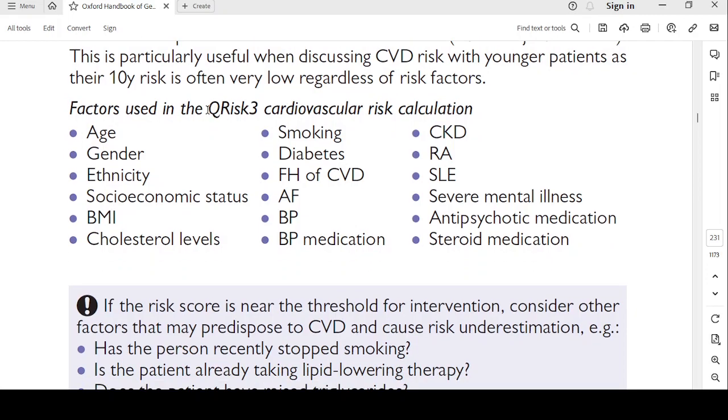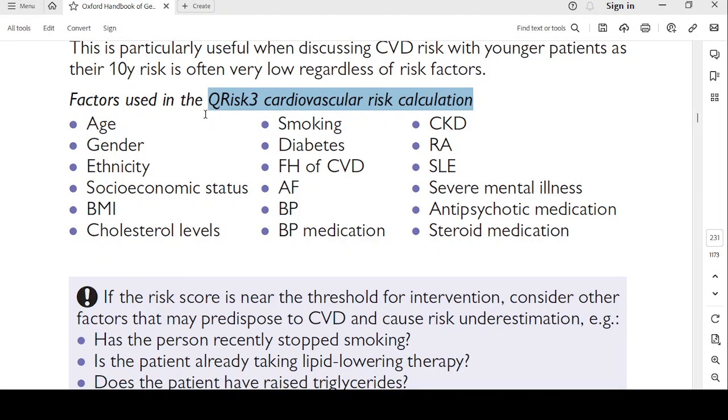Factors used in the QRISK-3 cardiovascular risk calculation. It is available online, you know. You can check this QRISK-3 cardiovascular risk calculation tool online, and once you enter for one patient or for yourself, you will know what are the factors involved, what you are entering. One is age, gender, you enter the ethnicity, the socioeconomic status, the BMI, the cholesterol level, smoking history, diabetes, family history of cardiovascular disease,